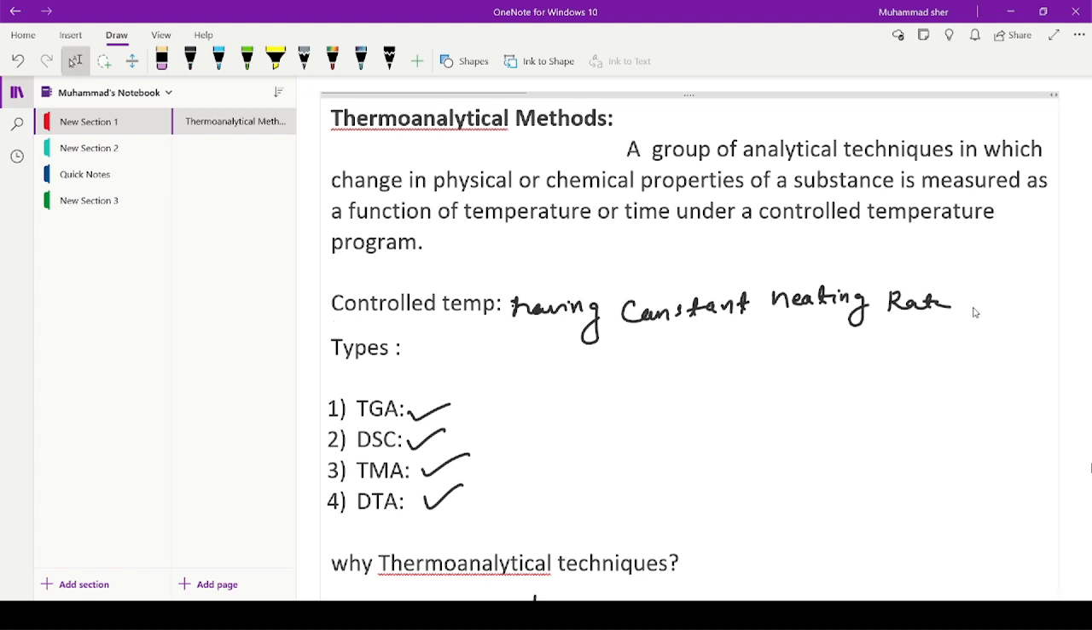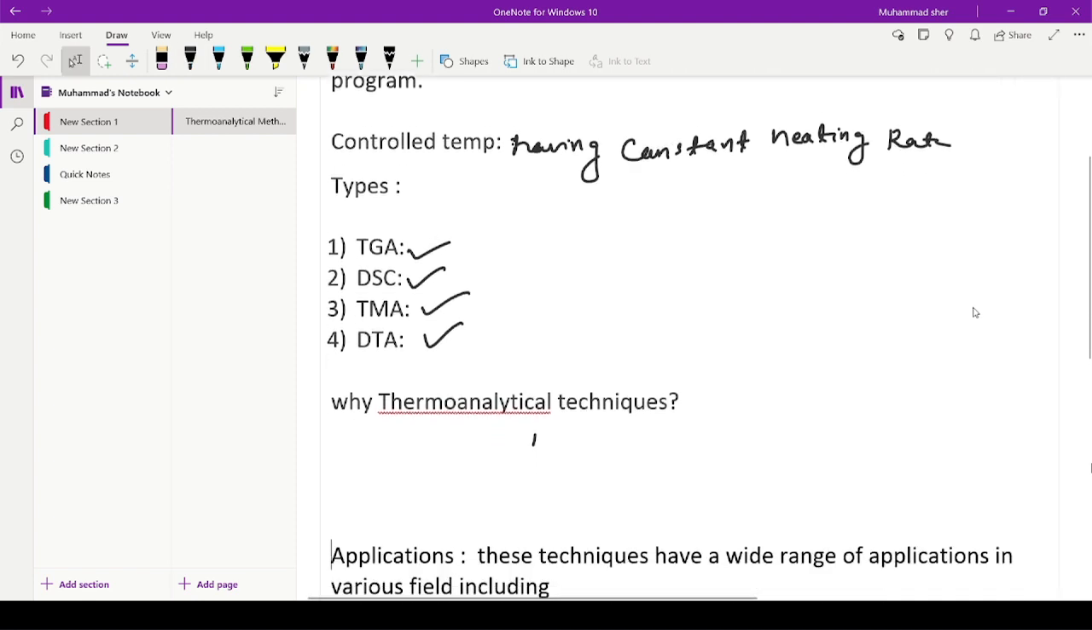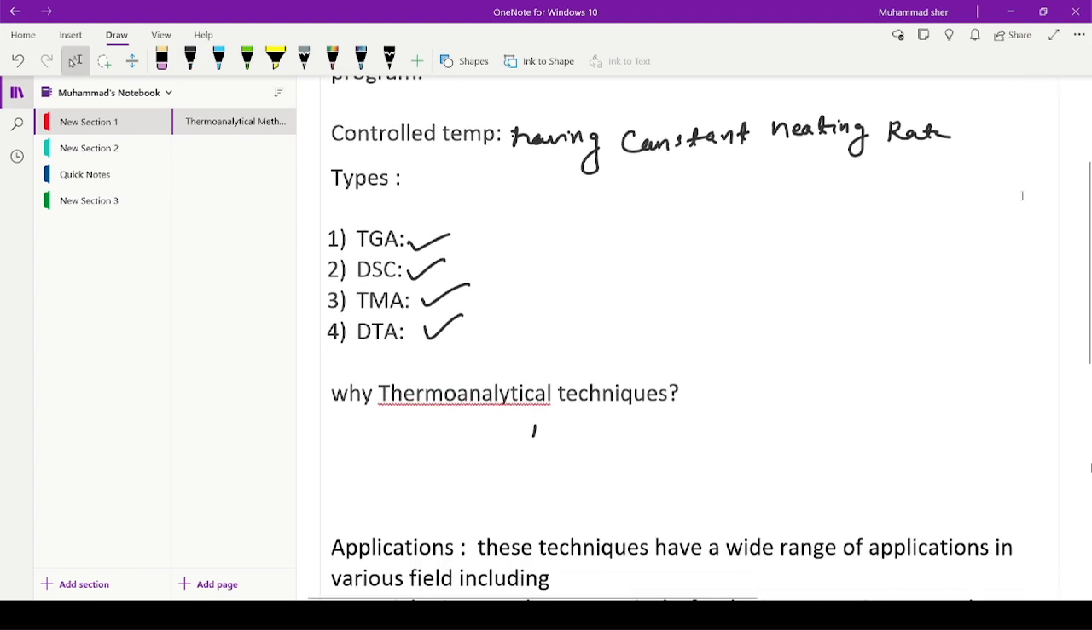Now, if we move down, you may wonder why all these four methods which are mentioned here are placed in one group. There is only one reason: all these measure the thermal properties,